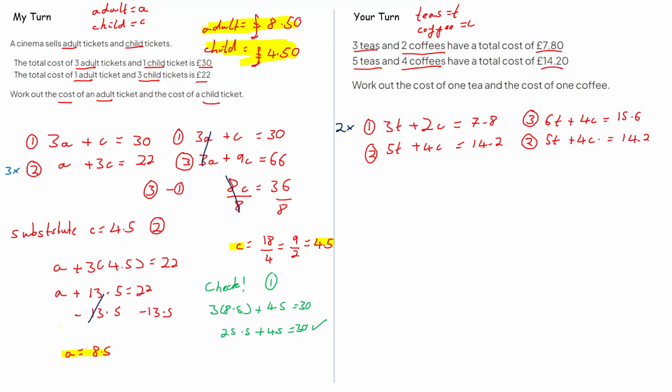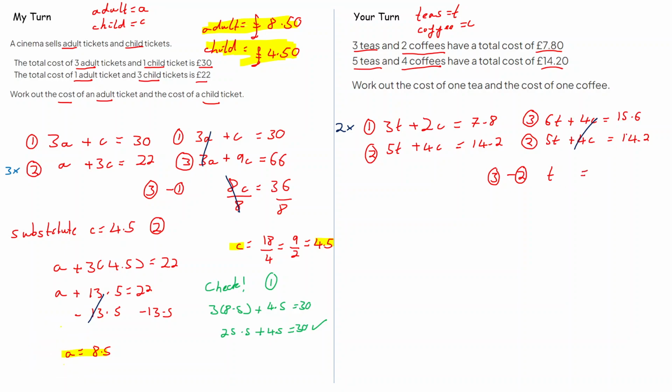And then we can cancel out the c parts here, not by adding them, that would make 8c, but by subtracting either 3 take away 2 or 2 take away 3. Let's go for equation 3 take away 2, because the numbers will keep positive, which is always a good thing. So 6t take away 5t is 1t, which is good. And then what happens with those c's here? They cancel, which is good, right? And that is equal to